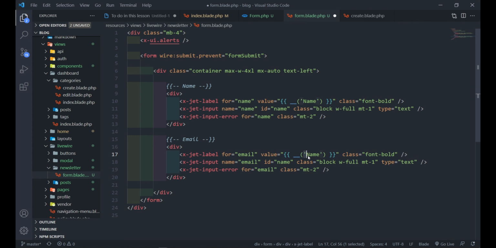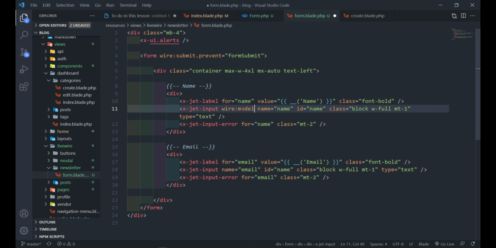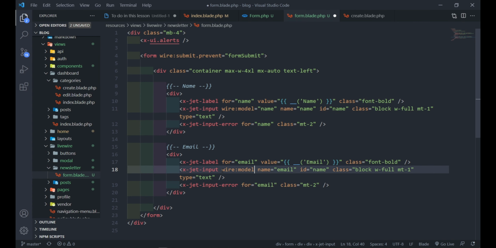So please forgive me if the styling is not up to standard, but you get the idea, so that you guys can basically style and do it however you want. Right, so for the input, we're just going to do a wire model. The wire model on this one is just going to equal the name. And the same for this input right here. We're just going to wire model, and that's going to equal